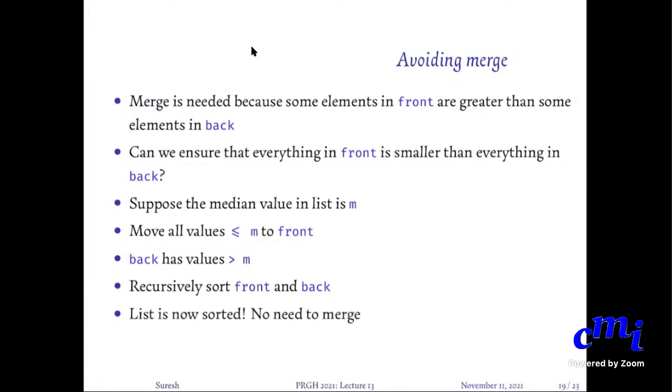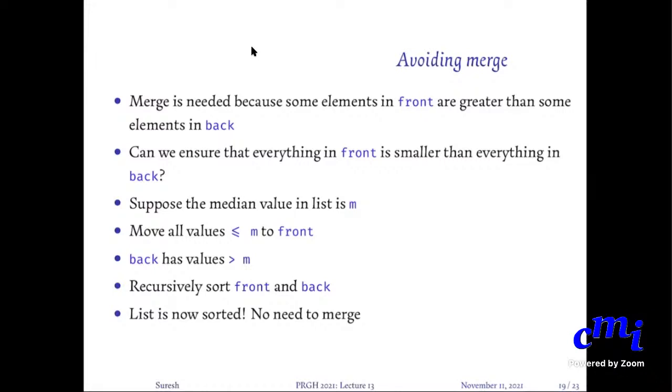That's it. But how do you find the median value? Median is sort of a circular definition. Median value is that value that will appear in index n by 2 provided the list has been sorted. But we want to sort the list, so how do I do this circular thing? As it turns out, there is a way to find the median without sorting, but that is something that you will see in your algorithms course. Let us not bother about that algorithm now.